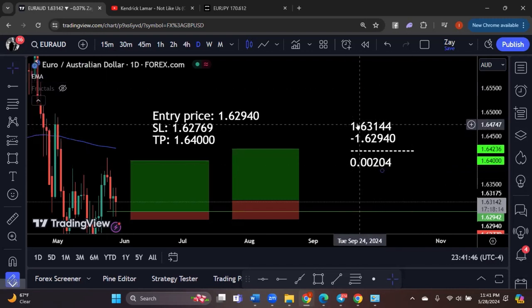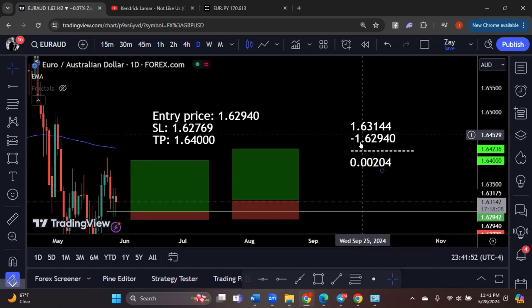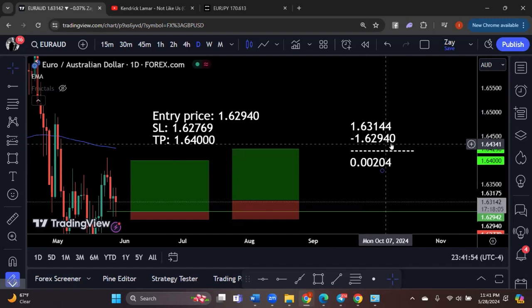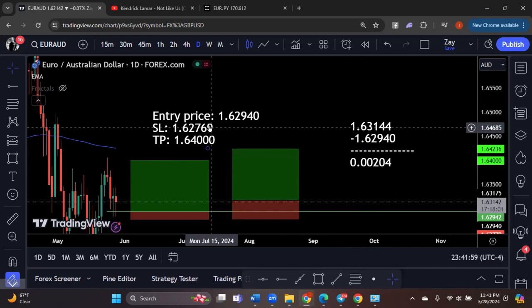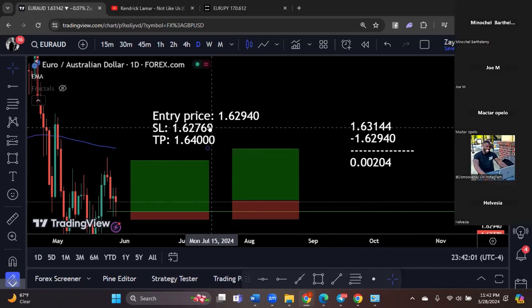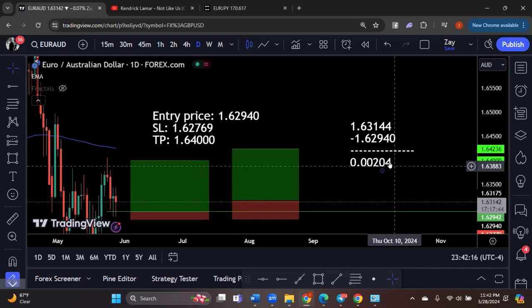Now, this is the thing. To calculate pips, guys, I know a lot of us attended school, right? So I want you to understand the decimal point. The decimals play a big role. I'd say all of the pairs besides JPY and stuff like that have five numbers after the decimal, right? Five digits after the decimal. JPY, I think they only have like two after the decimal. So with the 5 digit ones, what you end up doing is understand that the last digit, this number four,